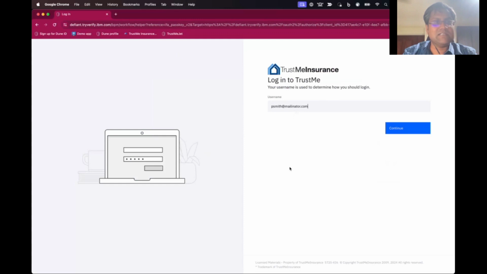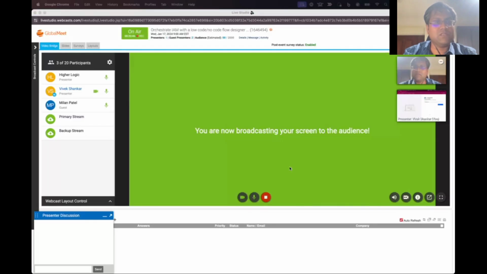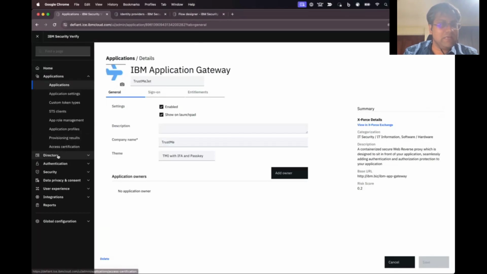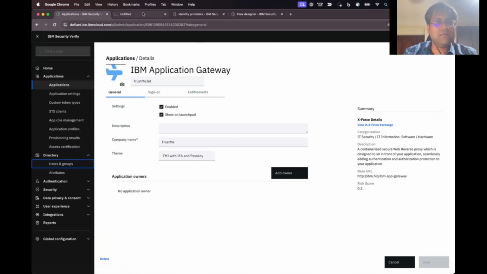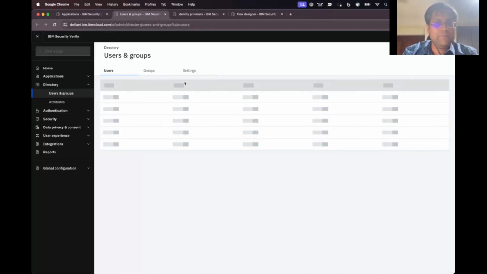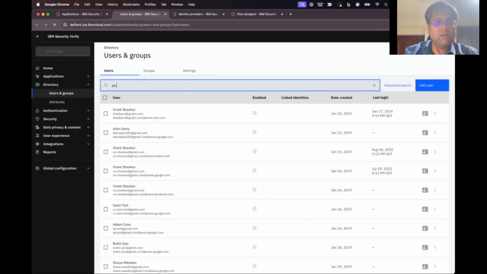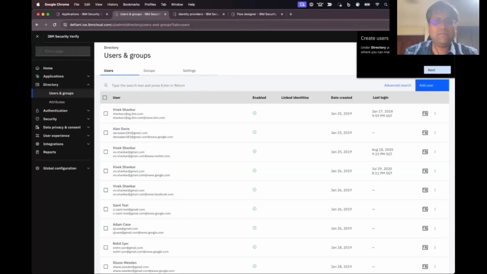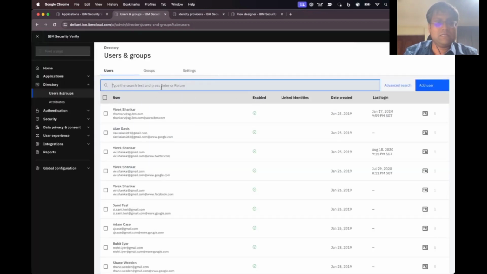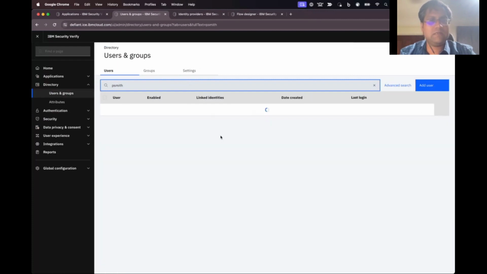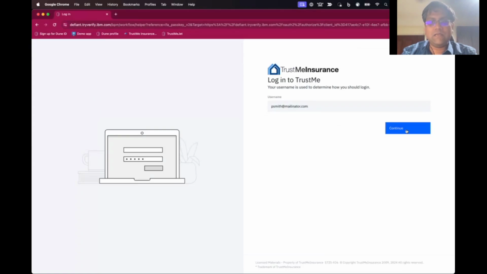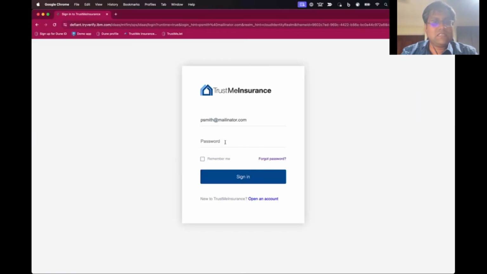Just to prove that it doesn't exist in the directory, let me quickly switch back to the directory and show you that. Notice that no such records, right? So I'm going to go back to the application and I'm going to click continue. And at this point,